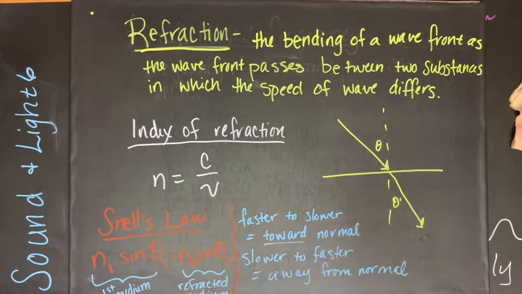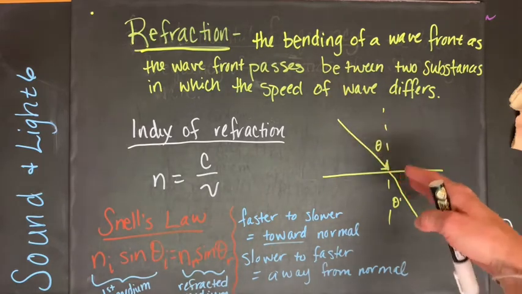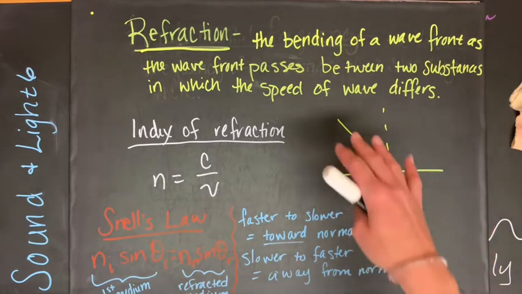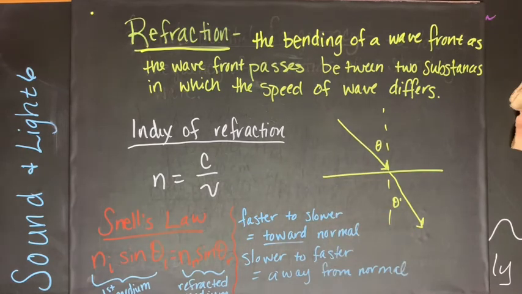So what happens is as your light comes in and it hits the water, because it actually travels more slowly in water, it bends a little, and it bends toward the normal because you've gone from air to water, which is faster to slower. If you're going from water to air, it would bend away from the normal because you're going from slower moving to faster moving. And this brings us finally to Snell's law,